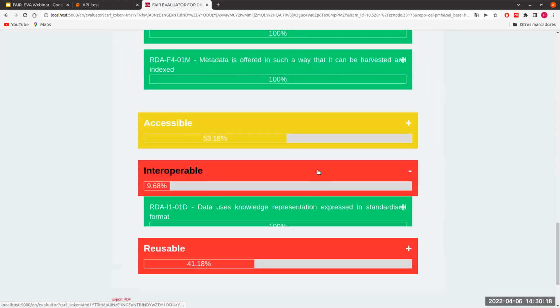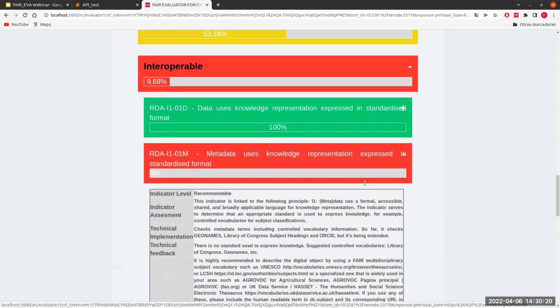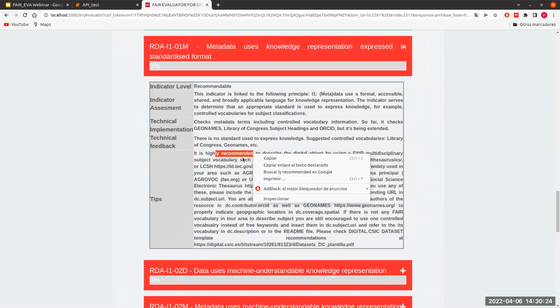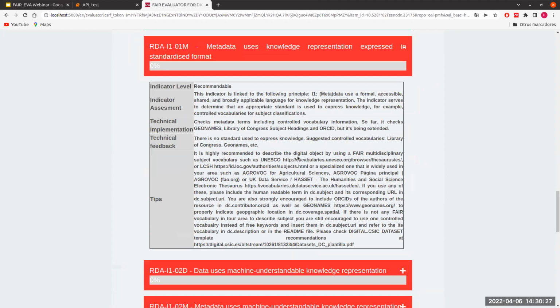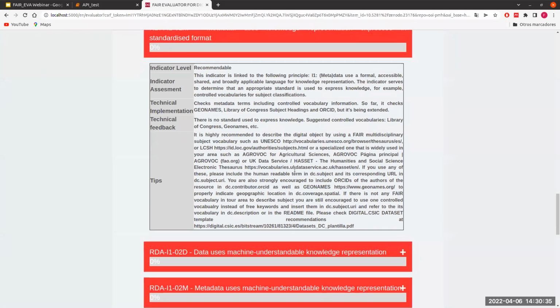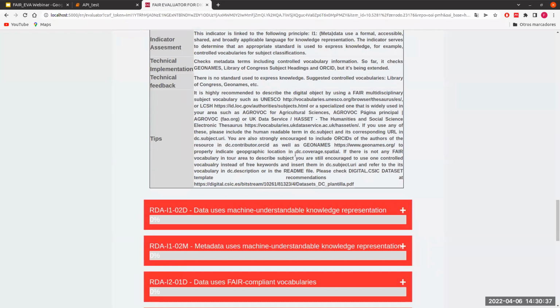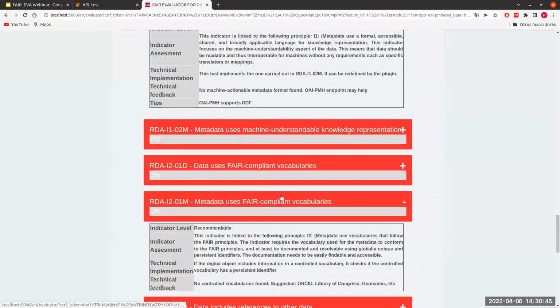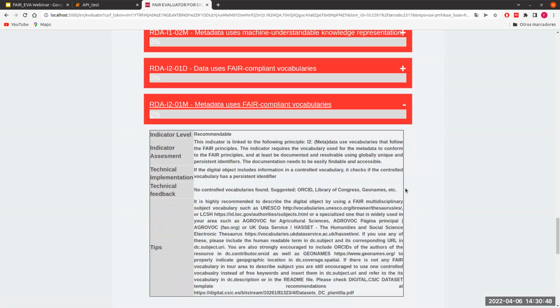For example, if we go to interoperable, as tips, we can recommend using different controlled vocabularies. We will provide some examples on how they can be adapted to different cases, etc. We will provide more documentation about how the researchers, how the data producers, can improve the data FAIRness, basically.